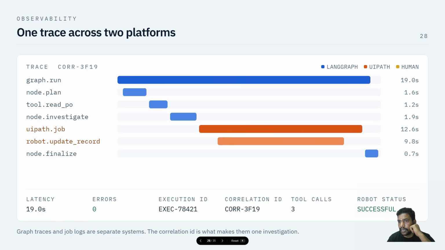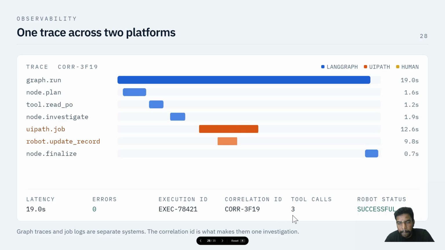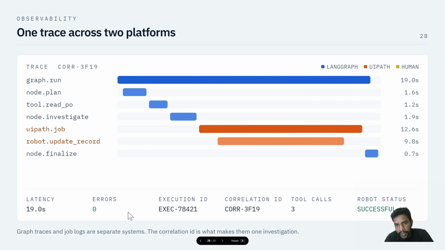Now you can see latency 19 seconds and error 0. The execution ID is this, the correlation ID is this. How many tools were executed? Three. The sixth thing I want on every screen: latency, error, execution ID and correlation ID, tools